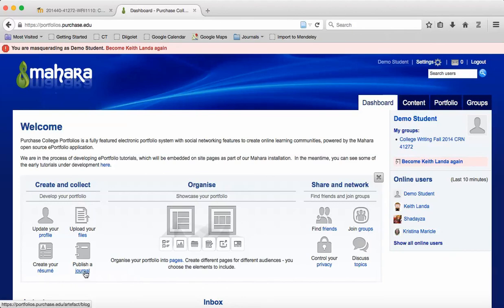You could publish a journal for your reflections, but at this point there's not really any need to go that route. You can use text boxes on your portfolio pages to add your thoughts about your materials. You might want to pre-upload files that you know you're going to use in your portfolio. So if you go to the files area,